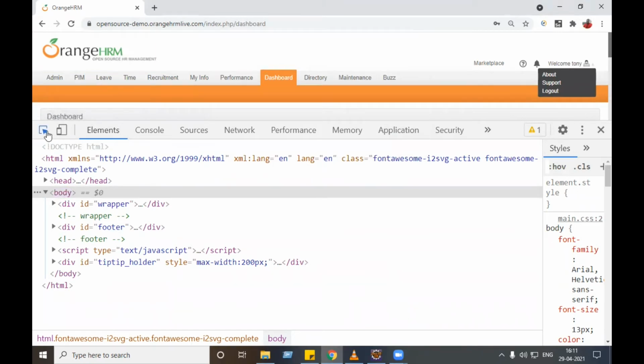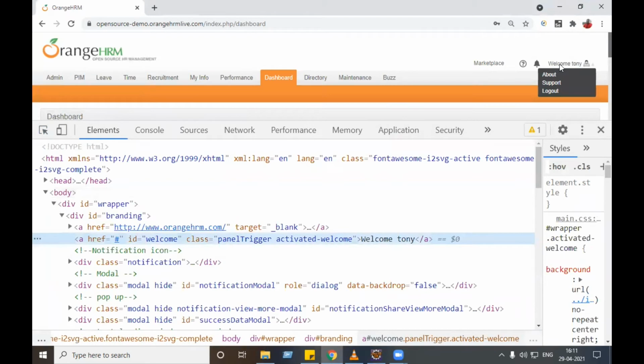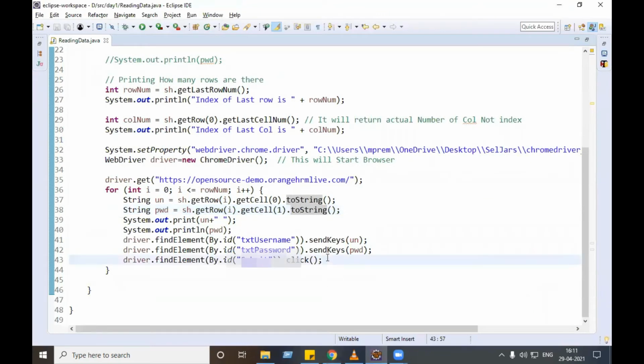Let's see what is the property of this. This is having ID as welcome, so we need to type ID equals welcome. So driver.findElement(By.id("welcome")).click,